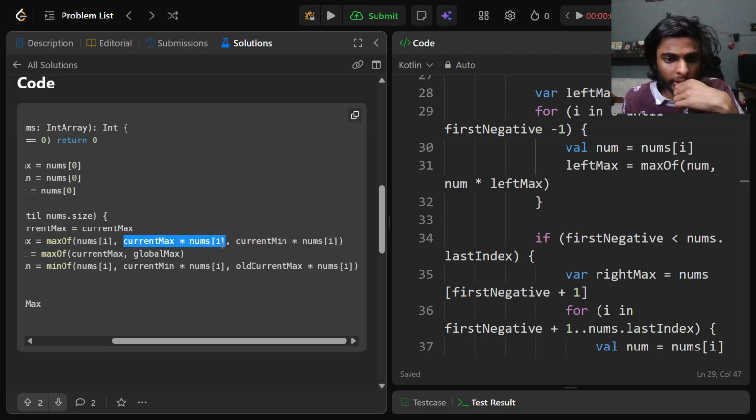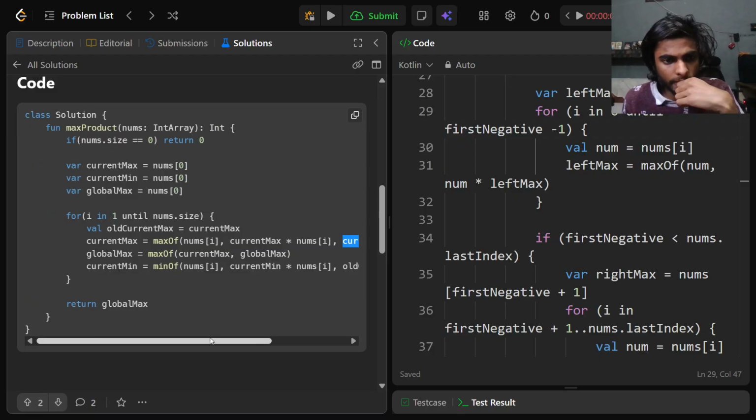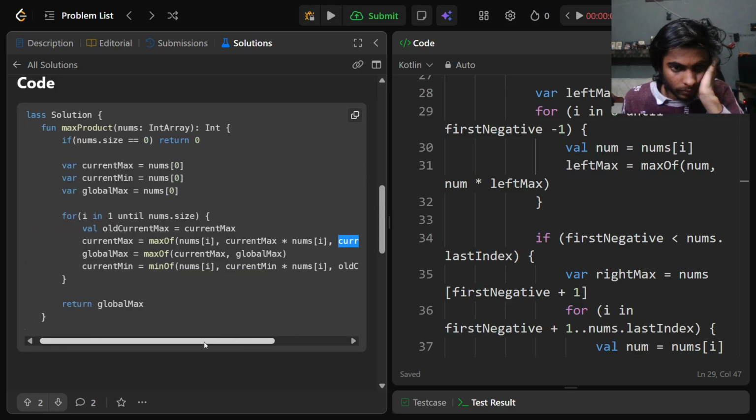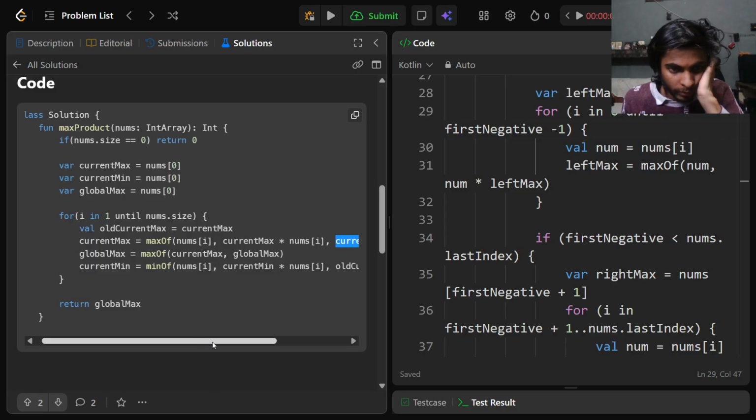Current max times my current num, current min times my current num. Minimum of